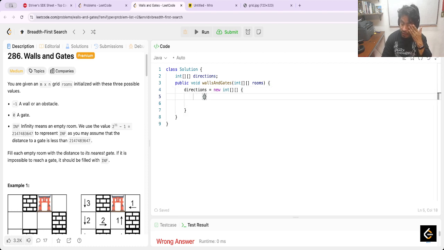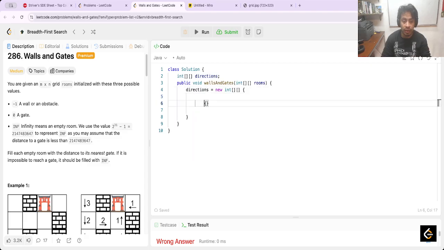For the left, the first is the row and column. Row, column. Yeah. Row and column. In this case, for the left, row should have minus 1 and 0. The next is top, that is 0 and column 1. The next is bottom